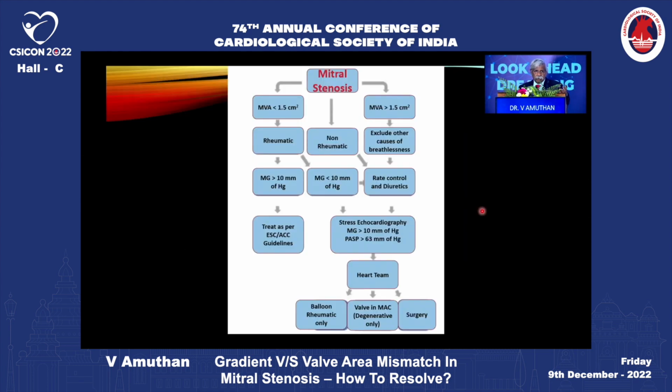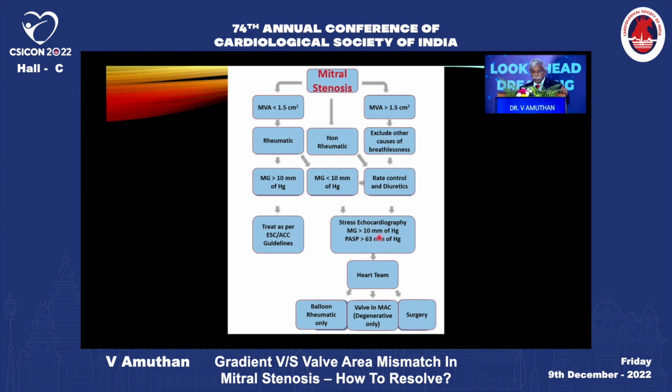So this happens. The valve area remains the same, but due to the development of atrial fibrillation, the patient has undergone the mismatch. So what is the algorithm for this patient? Mitral valve area less than 1.5. If it is rheumatic and the mean gradient is more than 10, you have to go according to the ACC and ESC guidelines. And if the mean gradient is less than 10, stress echocardiography can be done